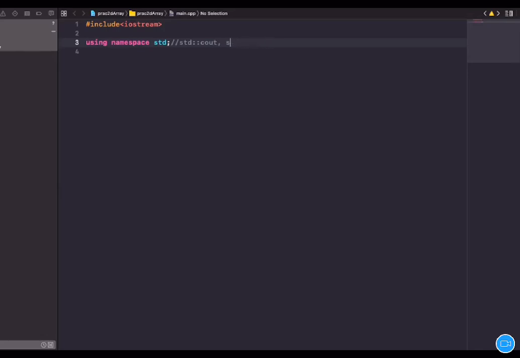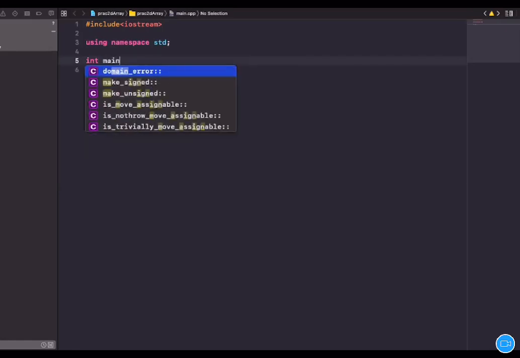So using namespace std, since we're going to be using the standard library in C++. Anyway, all I'm trying to say is instead of writing std in every line of code where you use something from the standard library, just write this line, using namespace std, and it'll save you time and avoid unnecessary errors. Okay,